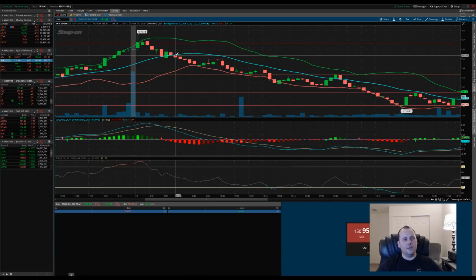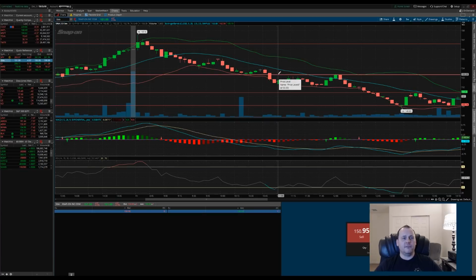And as this broke through, I'd have watched this candlestick, and then right here, that would have been confirmation that this thing for real is going down. And then my next thing I would have looked at for the Bollinger Bands now is, is it going to bounce off the bottom Bollinger Band line? And right here, you can just see how it acted, and it just kind of bounced back and forth like a ping pong ball, and it came down to this next resistance right here at 153, well 153.33,